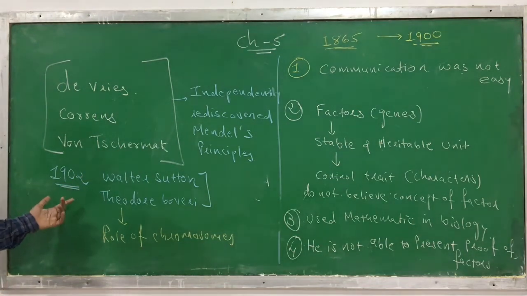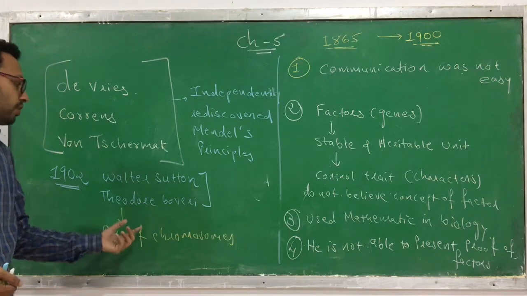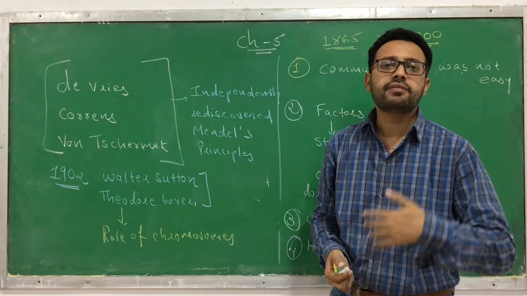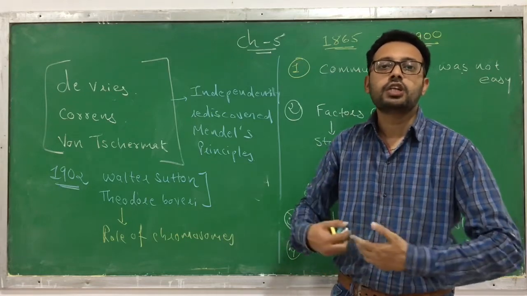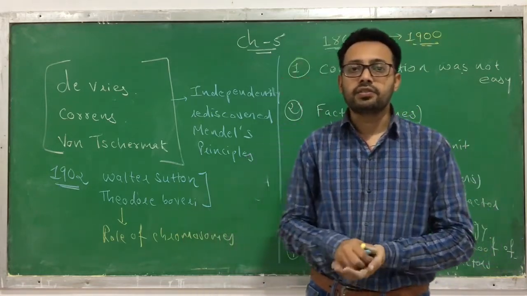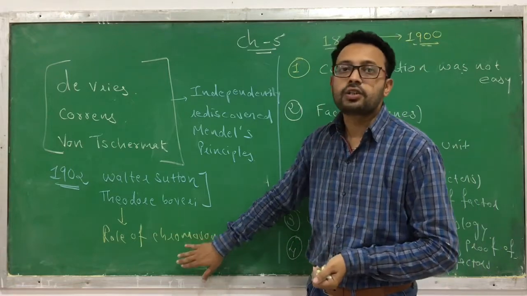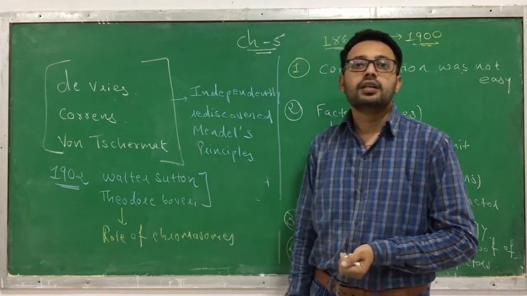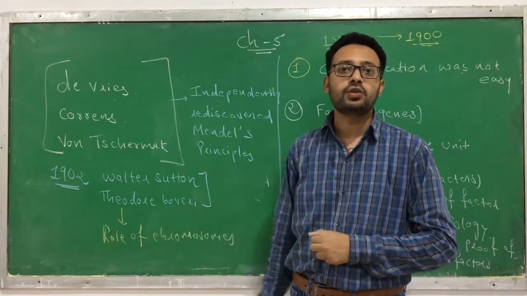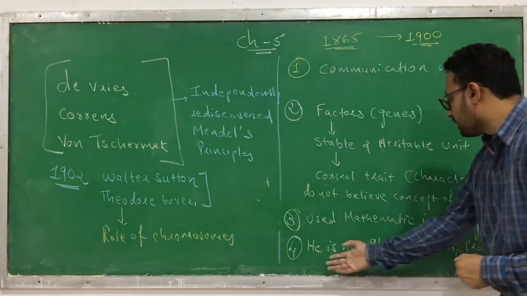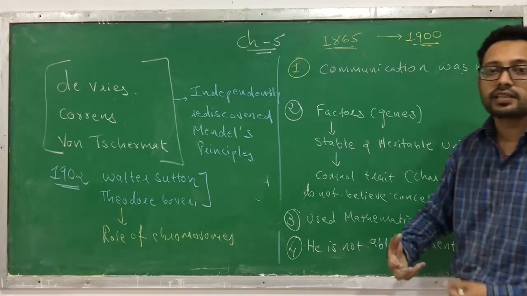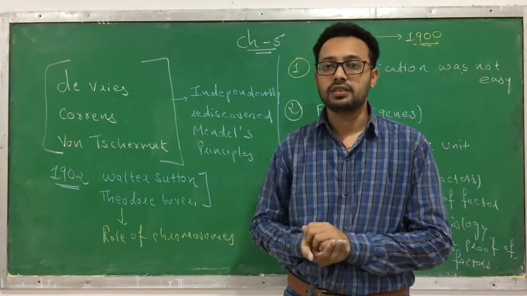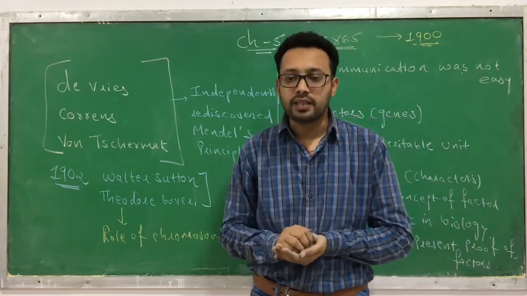Then in 1902, Walter Sutton and Theodore Boveri said that chromosomes have a comparative role with the genes, and that they are also transferred from a parent to the next generation. This is possible because of the advancement of microscopy. Now we are able to see the chromosome under the microscope, and we can present proof that something is transferred to the next generation, which was established by these scientists. So this is how the advancement occurs.